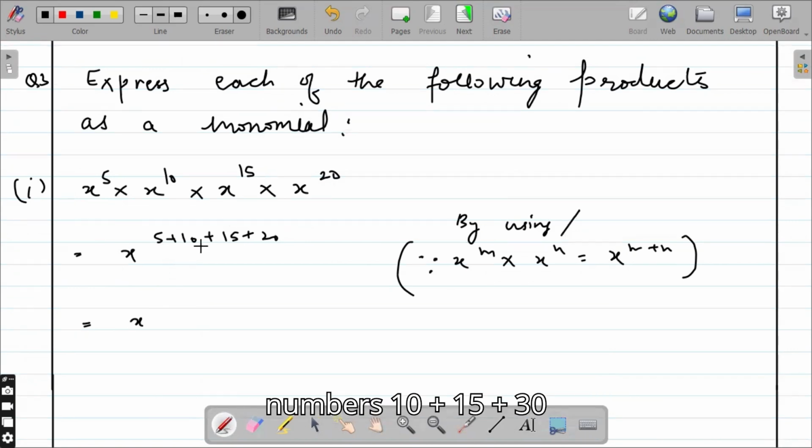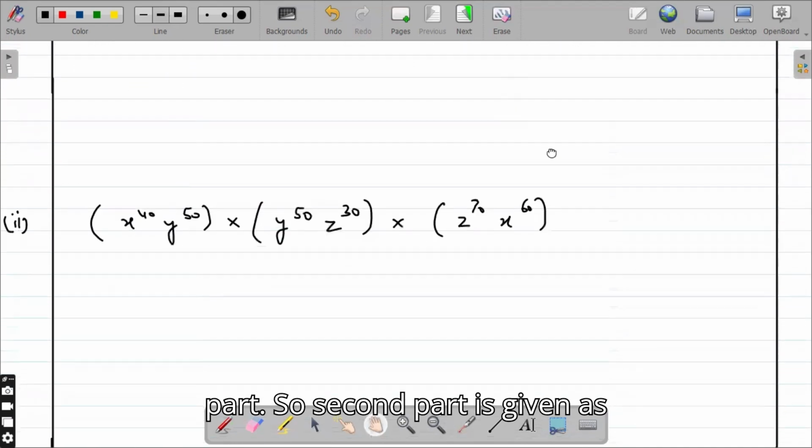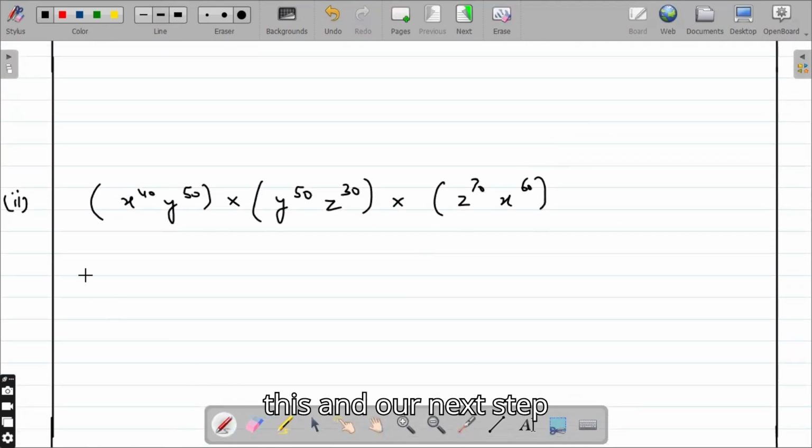Add all the numbers: 10 plus 15 plus 30 plus 2 is 50. So it is a monomial. Let's move further to the second part. The second part is given as this. And our next step,